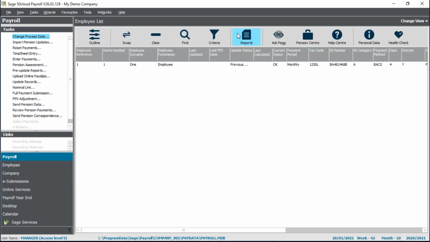We also have access to the main payroll reports from this toolbar at the top, and some help options. We've got our virtual assistant, Peg, who can answer your payroll questions. We have information around automatic enrolment pensions and a handy link to our online help center, which I will just show you,